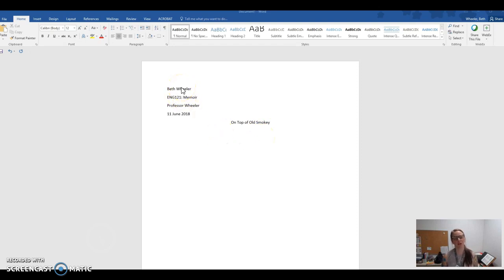So the first page of all the essays you submit this semester should have this heading on the left-hand side with your name, the course, your professor's name, and the date that the draft or the assignment is due. Your title for your piece of writing, your memoir, is centered on the page. And the thing that I wanted to show you really quick is the header. You're going to have something up here in the right-hand corner